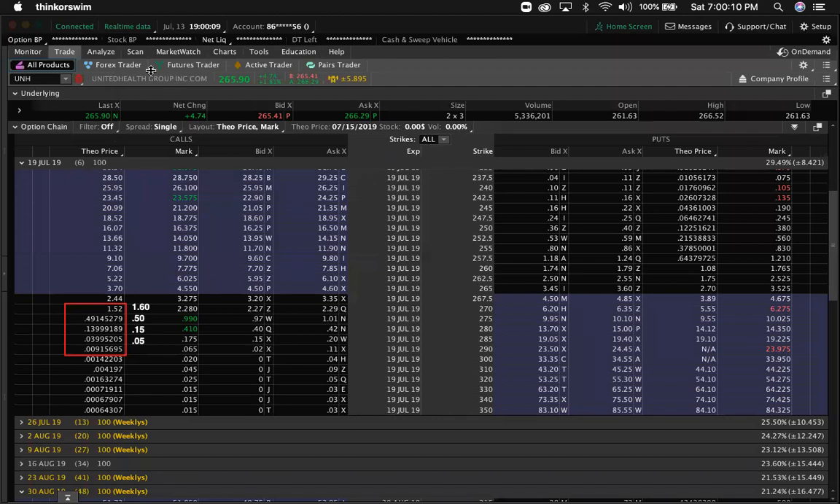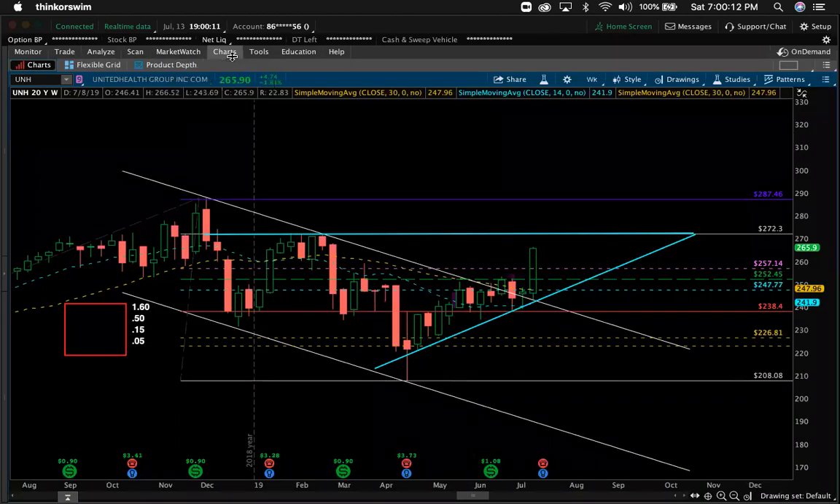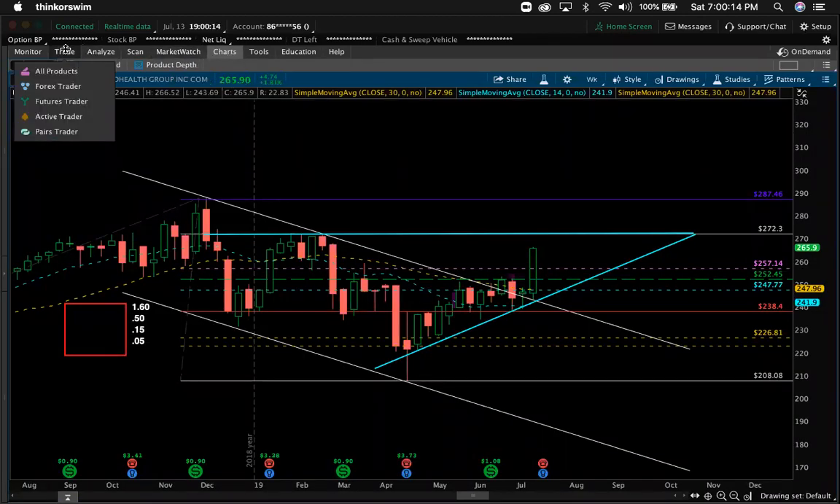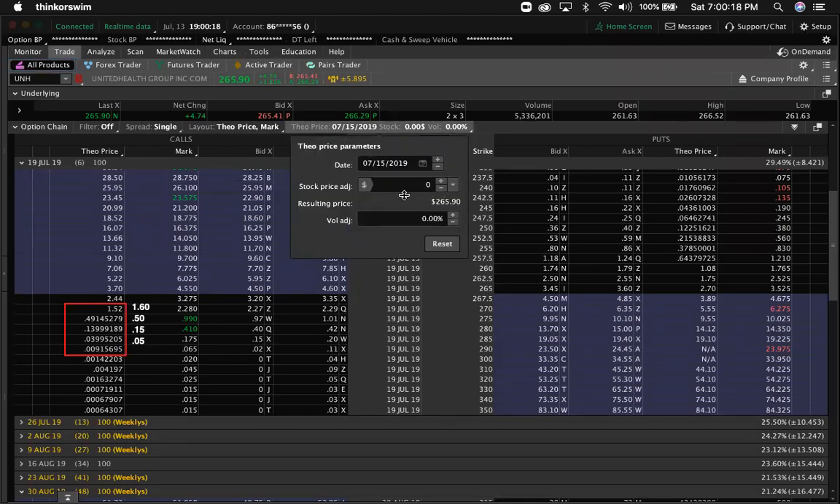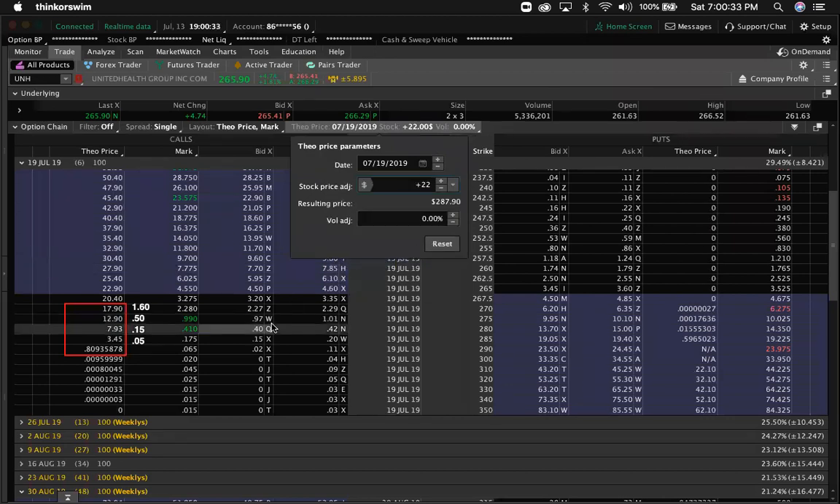So what was it? 287 was the target. 287.46 max, right? So we're going to do 287.46. So that's going to put for this week a 22-point move. 287.90 max out by the 19th. If I'm correct, they definitely should report this week. So at that, the 285s are going to be worth